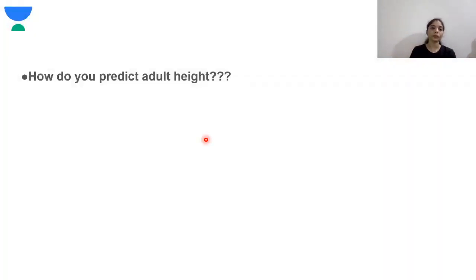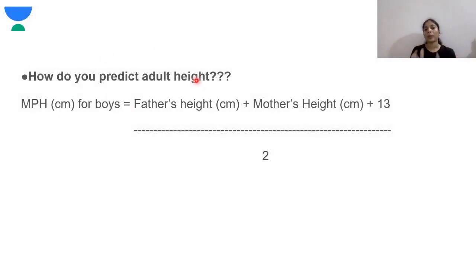Now, how do you predict adult height? This is another thing we need to know. They might give you a growth chart and show a projection and tell you if the height of the child is normal or abnormal. For now, you need to know the basics. Next week, in the next class, I can discuss short stature, and in more detail how to plot the mid-parental height in the chart. So how do we predict the adult height?